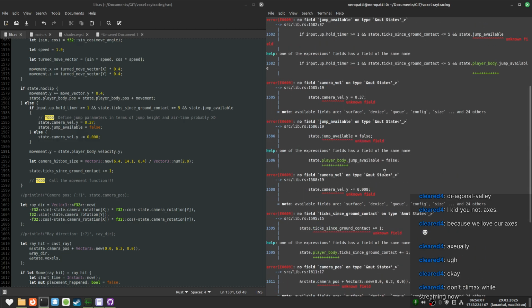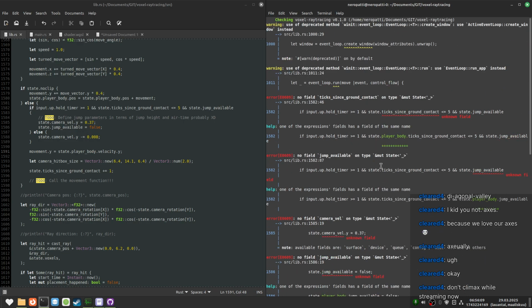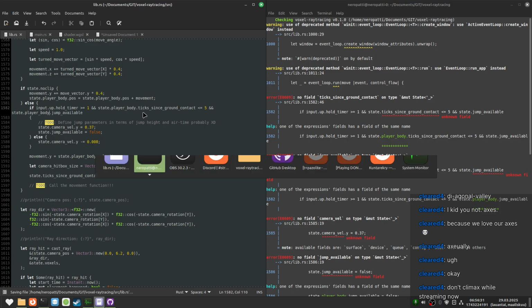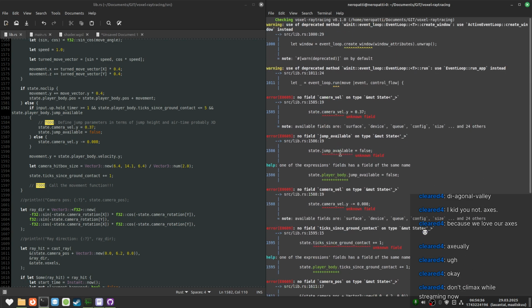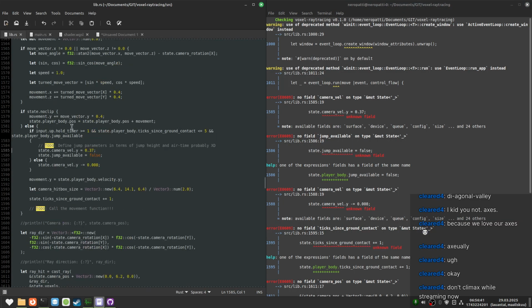Indeed. 82. I could have had this test ground contacts in the state directly, but no, I modified the movement function. No, this is correct. 1585. I was just here.